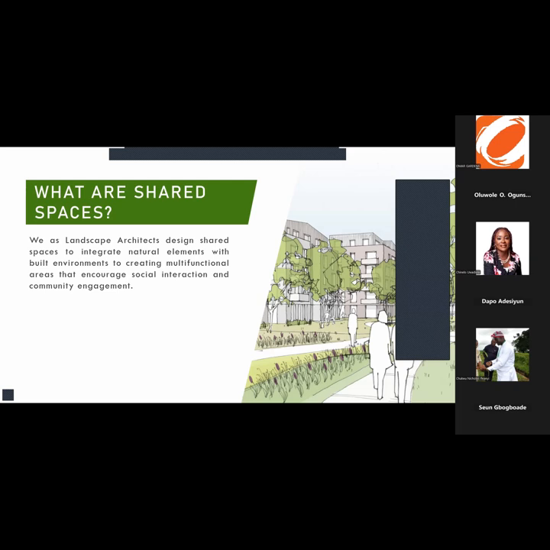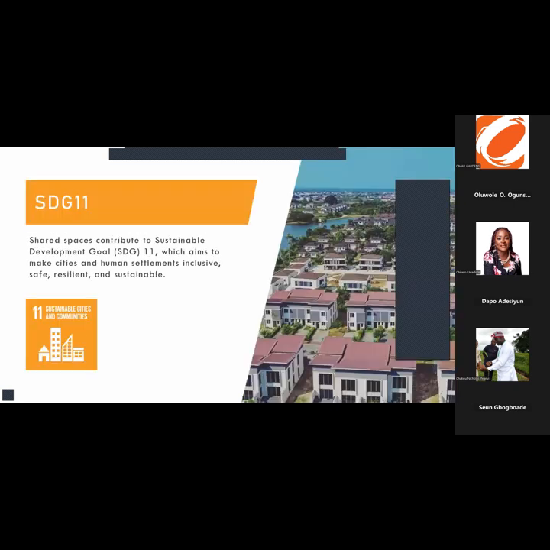A lot of the factors that we take into consideration are accessibility, safety, and the incorporation of green infrastructure. So I'm tying it to SDG 11. A lot of us are familiar with the Sustainable Development Goals, and SDG 11